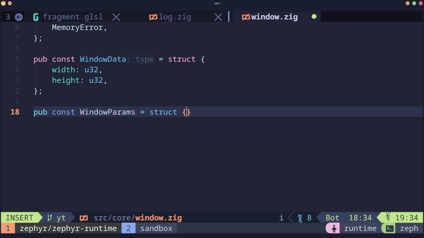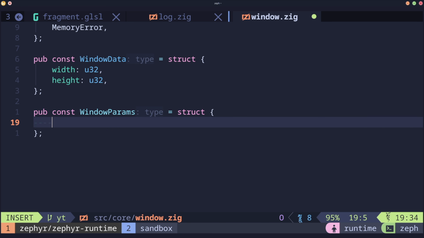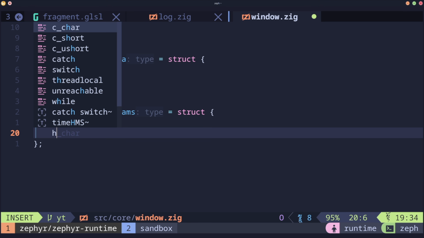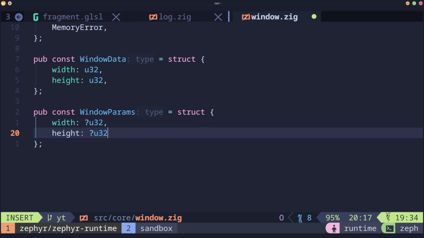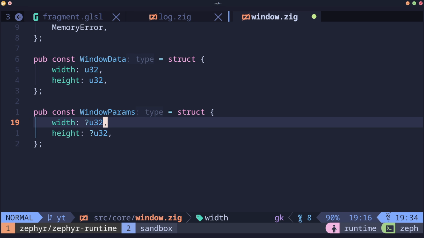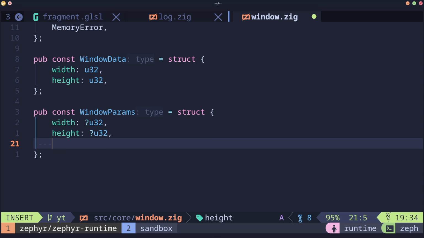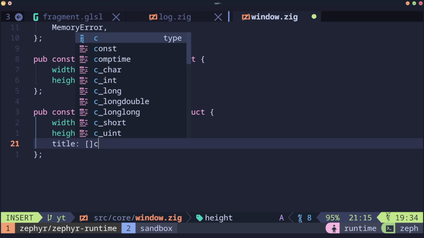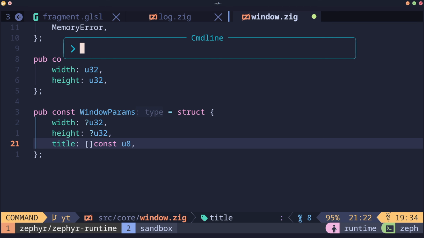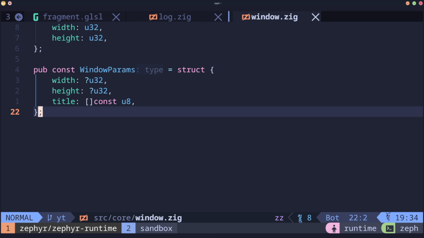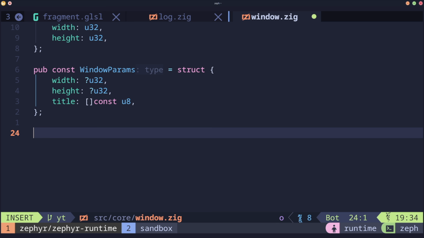So you could just have these directly passed, but I like to specify this as it can grow. And you'll notice I'm making them optionals because if it's null, we just try and find the default monitor ratio or monitor values, which will help us fix why our quad is not perfectly centered. Okay, so then we'll have two helper functions to do exactly that, to get those default width and